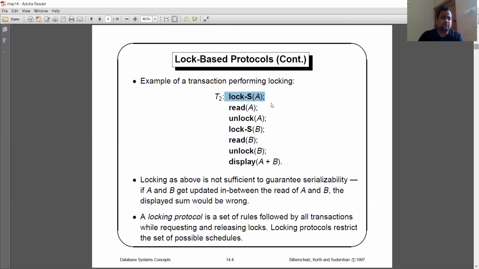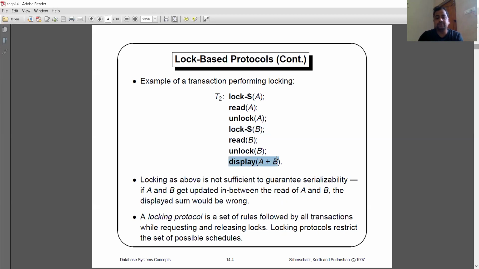So the first step is completed. We have put a share lock on data item A. Then the next step is to perform the read of A. What does that mean? It reads the value of A from the storage or the buffer. Once I read, then I can perform an unlock of A. Similarly, let another data item be B. I have to put a share lock on data item B, read B, unlock B. Now for both A and B, all the operations have been performed. We have put a lock, read, and unlocked.